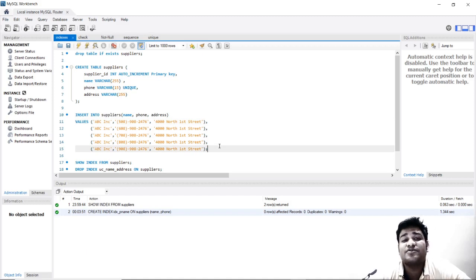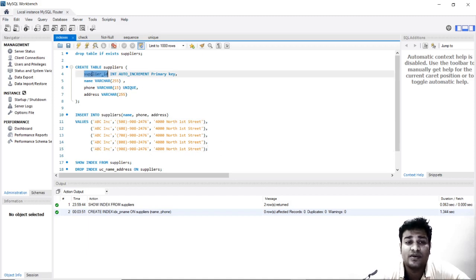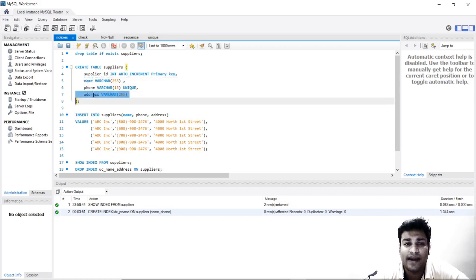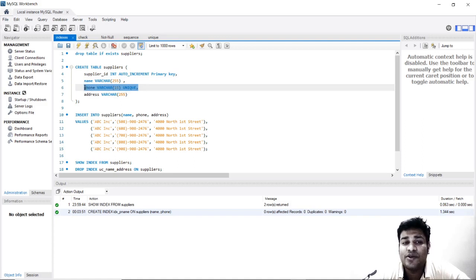When we say that we are sorting a column, we can sort supplier ID, we can sort name, we can sort phone number, we can sort address. But here, phone number requires to be unique. So whenever we insert any value into this table, MySQL will check all the previous values. So what will SQL do?